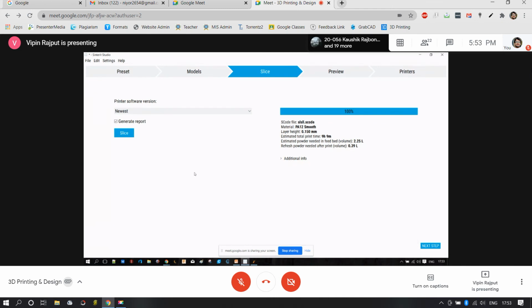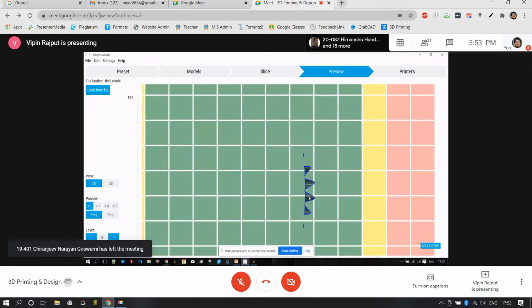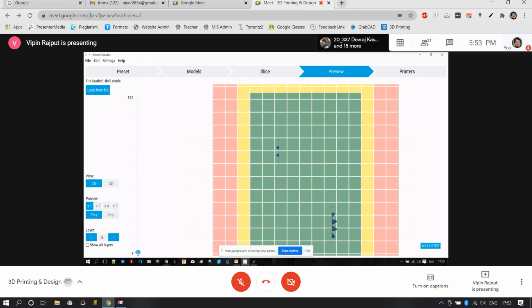Okay. So we'll just check out how the formation is actually taking place. From the very first layer, this will be the bed and this much amount of material will be formed. I mean, this much amount of material will be sintered. Layer by layer sintering happens, one over another, the compilation takes place, and this is how the formation of the entire model will take place.